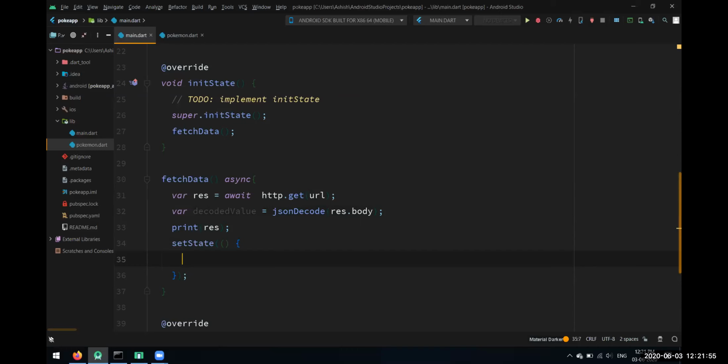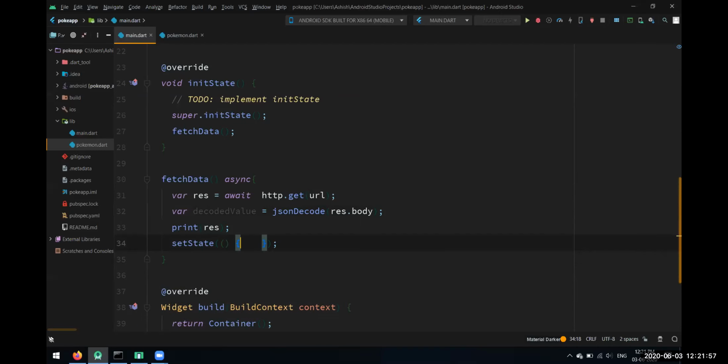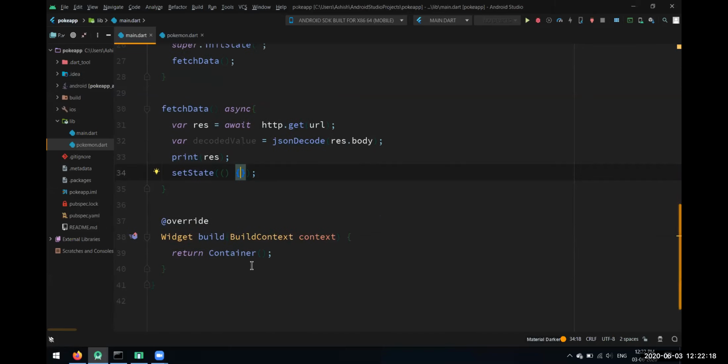If you don't know, think of it like this: if the screen is built once, it cannot be built again. This set state forces the screen to rebuild whenever we have the data. When we have the data on the screen, we'll get to know how this set state works.